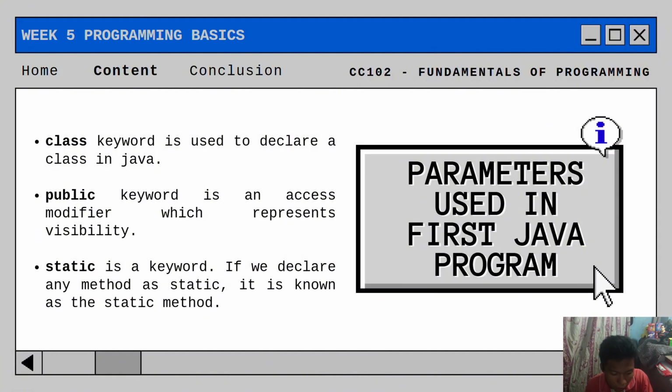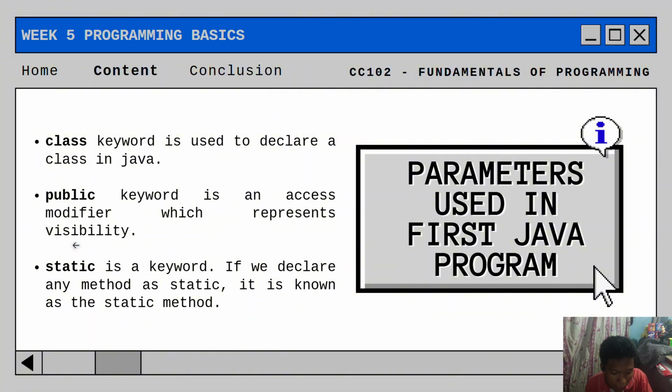So before we start, let's look at the parameters used in the first Java program. When you first write a simple program in Java, for example, the Hello World program, you will see several words that have special meanings. These are class, public, and static.